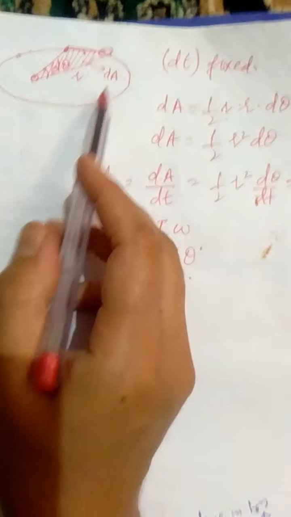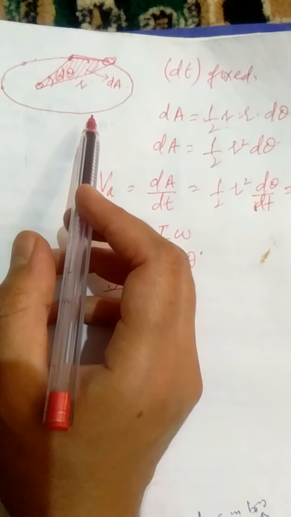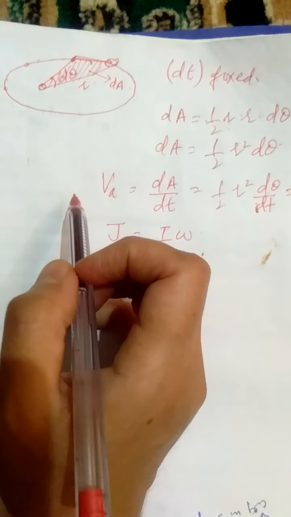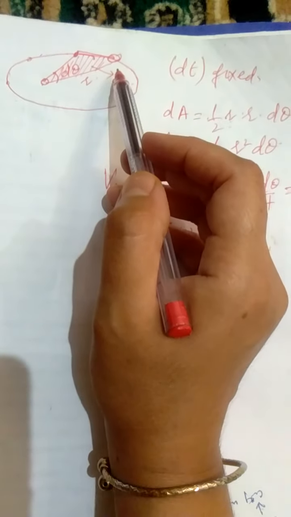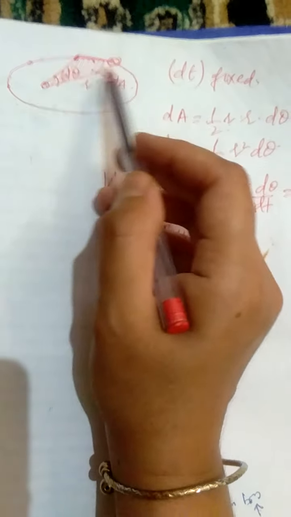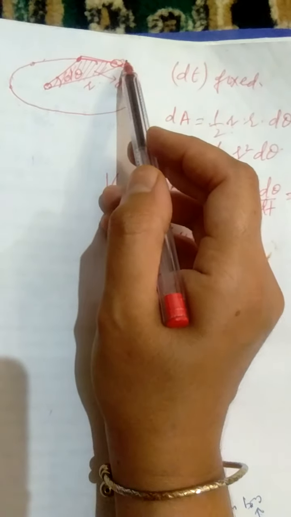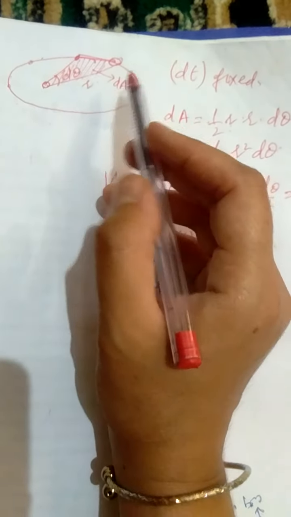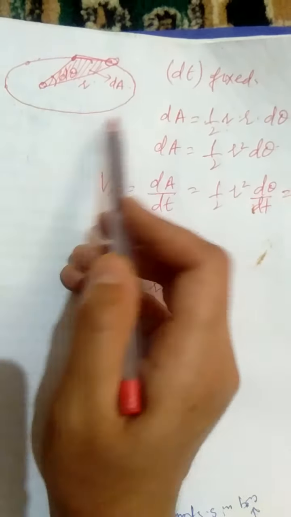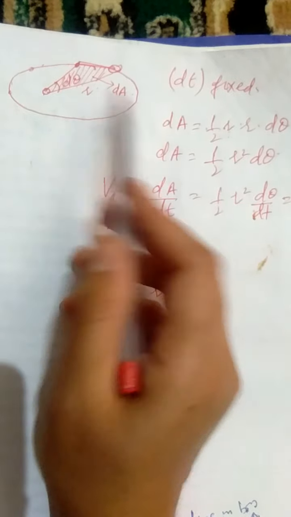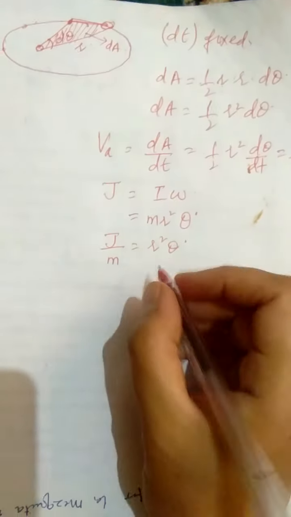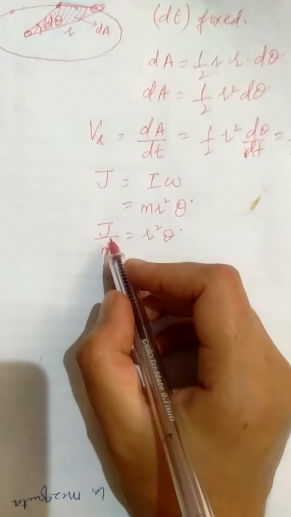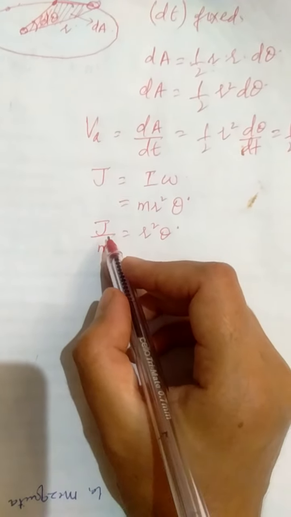But we know when the force involved is a central force, and I have already given you a brief introduction of central forces in the previous video, that is the forces whose magnitude depends mainly on the distance between the two bodies, and it is directed towards the center along this radial line. So the kind of force that is involved in planetary motion, in this gravitational motion, is a central force, a conservative force. And we know that in case of conservative forces, this angular momentum is constant. We have already done that, so I can give you a quick recapitulation of that.